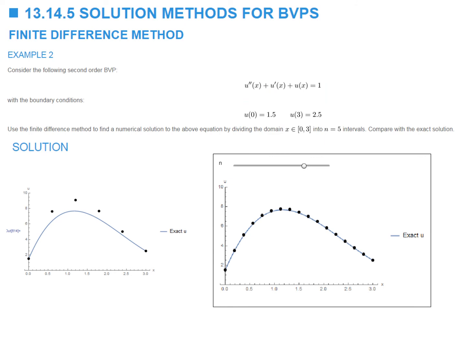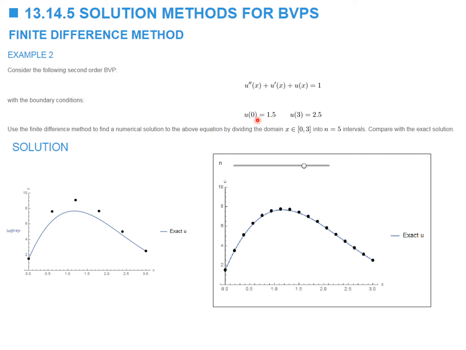There's another example that I'm not going to go through. You can find it online. Again, the example is given by this differential equation. The second derivative is replaced using the finite difference. The first derivative is also replaced with the finite difference. The boundary conditions are both given